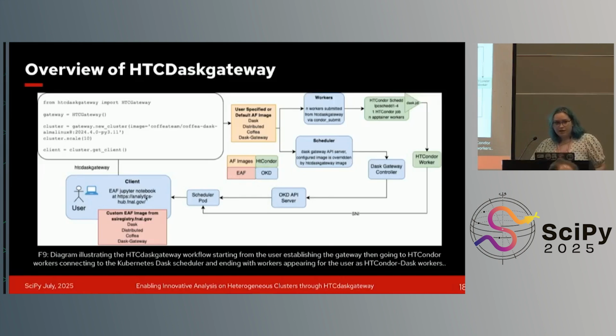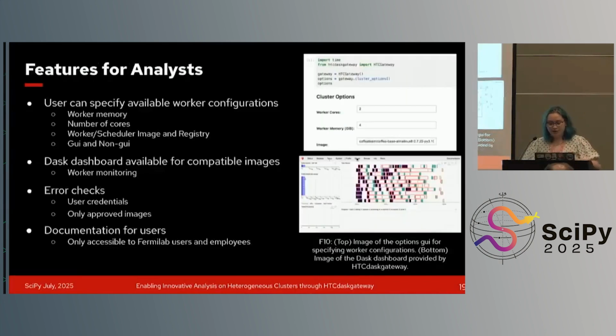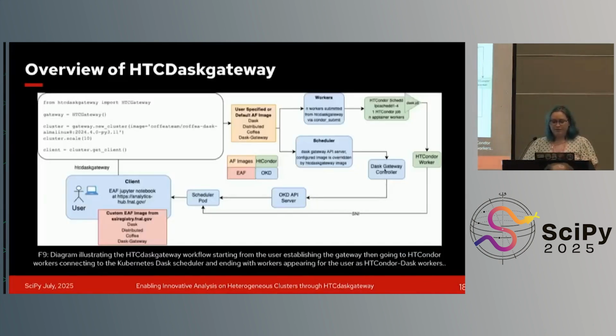So you would have your client log in. They are working on their notebook. They prepared their analysis, and they would write this code that's in the top corner here to instantiate our gateway, which will set up what images and what specifications you want. And then on the scheduler side, you have your scheduler here that will work with the controller or OKD API, and that will eventually lead to